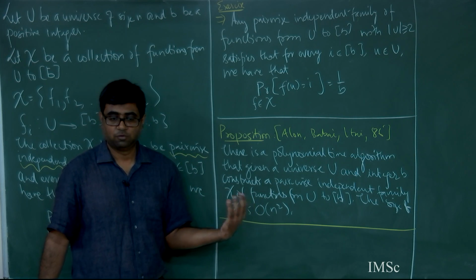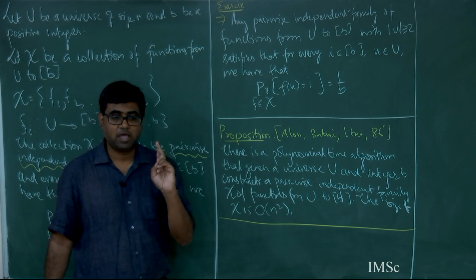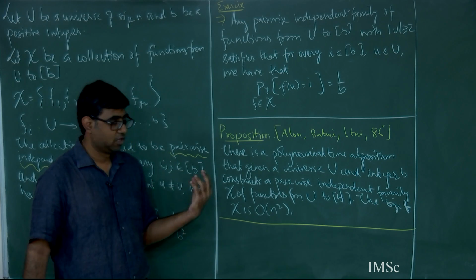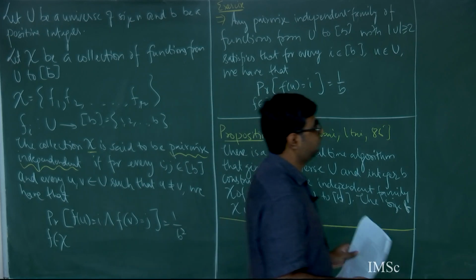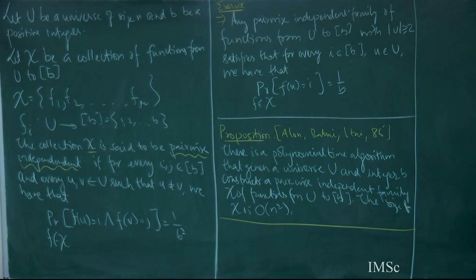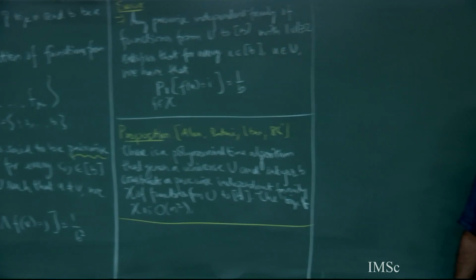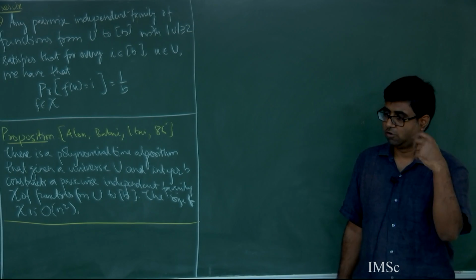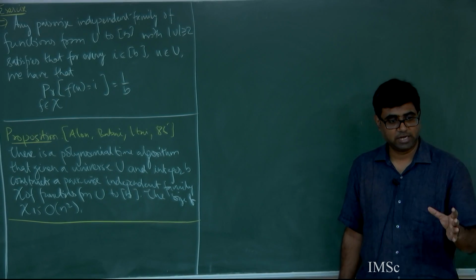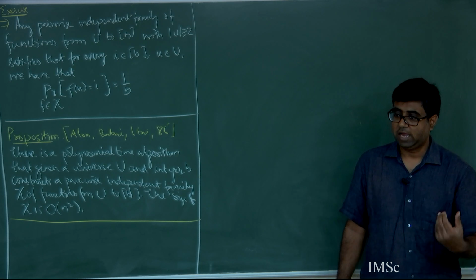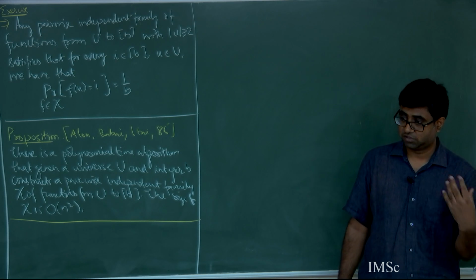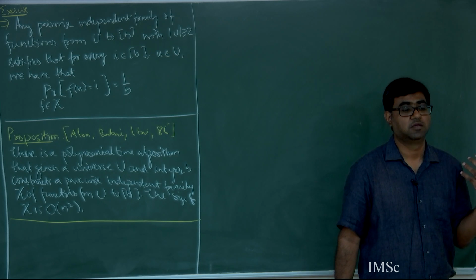Okay. So what did we show last time? That using just pairwise independence, if you recall correctly, we can come up with f from U to B in such a way that in each bucket things go roughly the same, almost equal to its mean. I'm not going to tell you that now, but I'm going to give you a construction, and in the proof of why this construction works, those properties will be used.